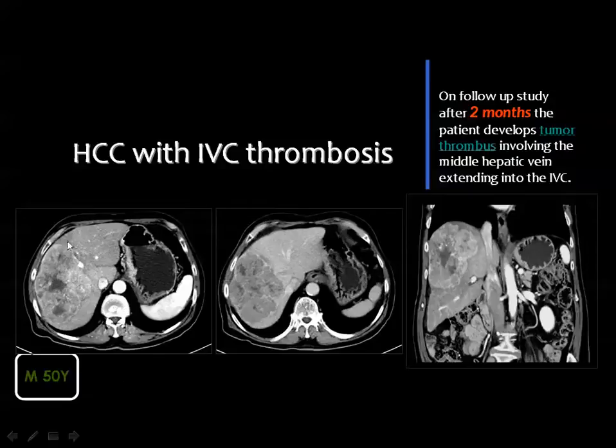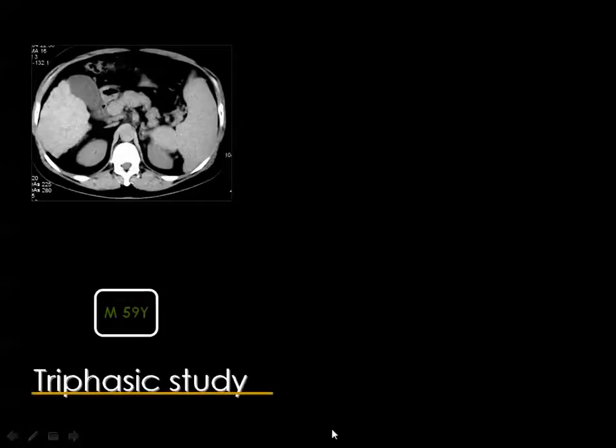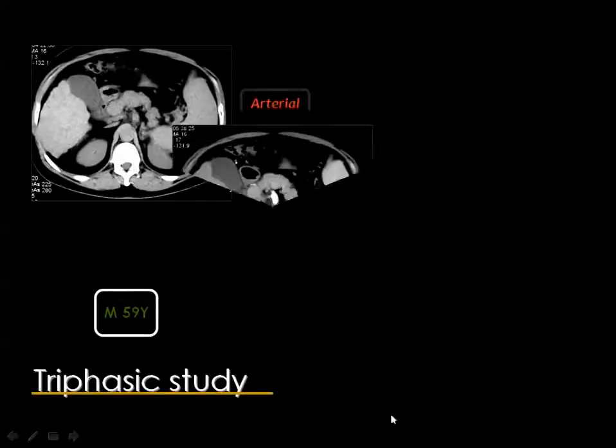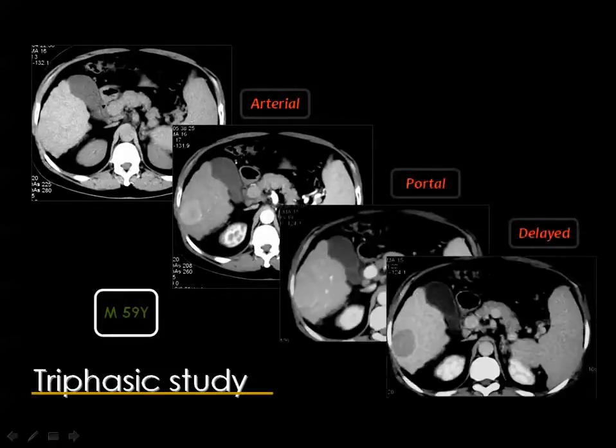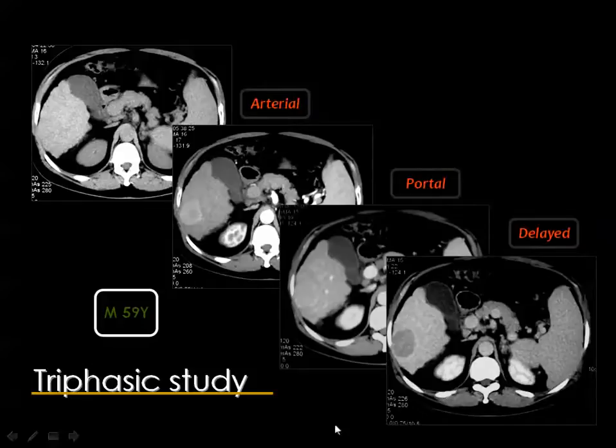In the arterial phase, you see heterogeneous enhancement of the lesion, which occupies most of the right hepatic lobe. And this is the portal phase, and the follow-up of this patient after 2 months showed invasion of the IVC by a tumor thrombus. And you remember this triphasic study where the lesion was better appreciated in the delayed phase, and this, as I have mentioned, is an exception seen only in some of the cases, especially if the tumor